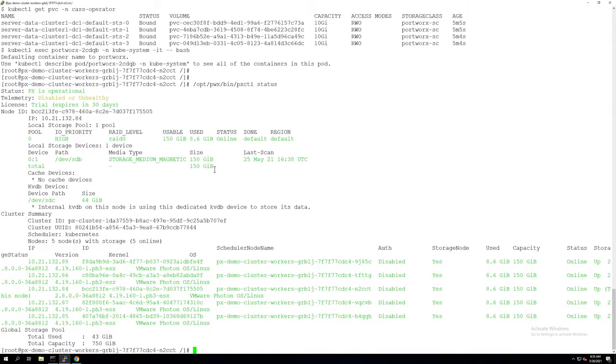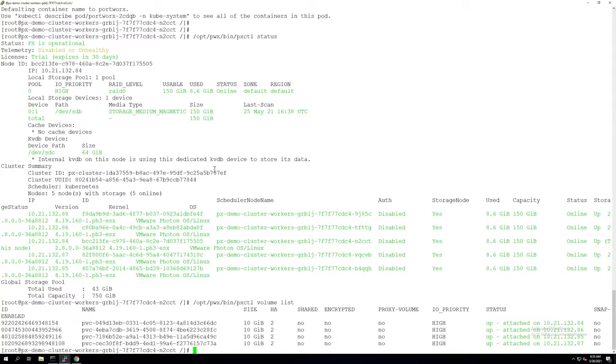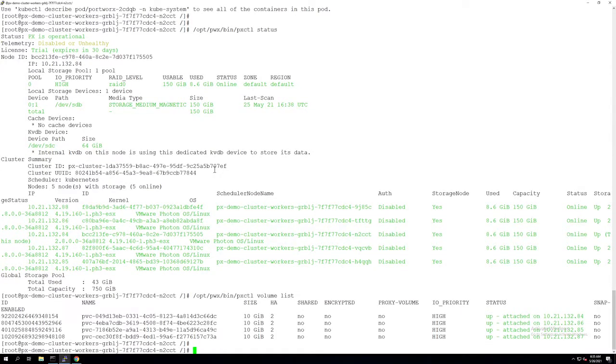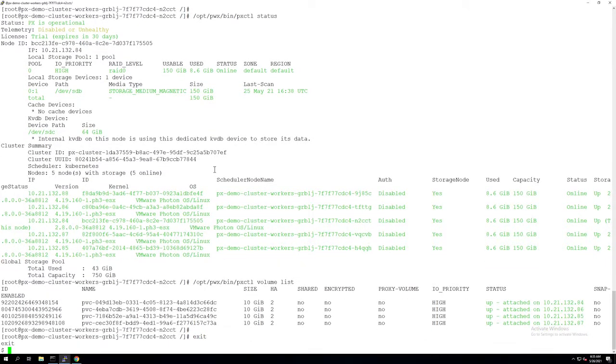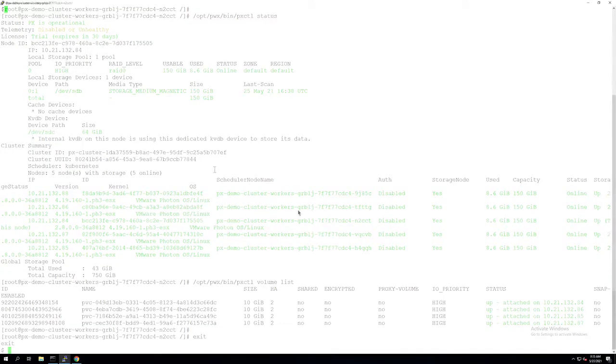This shows that we have our 5 node HCI deployment of Portworx on TKG, and then we'll do a volume list command. Here it shows that all 4 volumes, provisioned at a size of 10 gig, have HA, which means 2 replicas. They don't have encrypted volumes because I didn't configure that as part of the storage class, and the IO priority is high. It also shows which TKG worker node this particular volume is attached to. This will be important when we talk about failover.